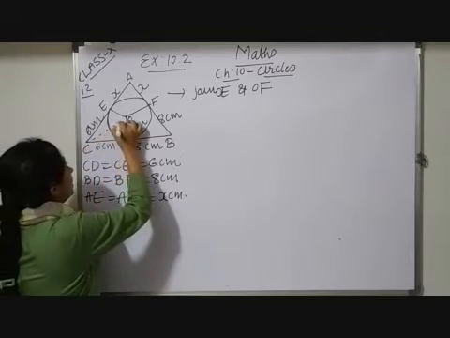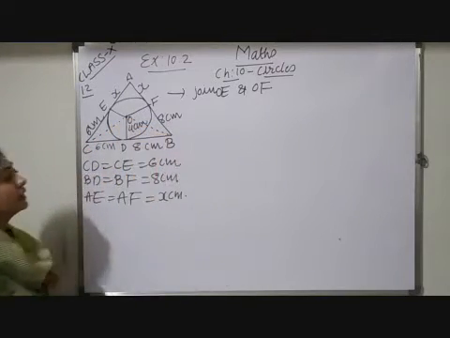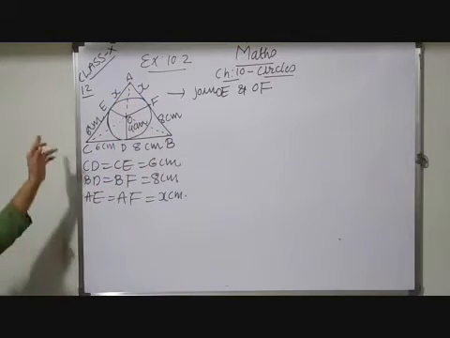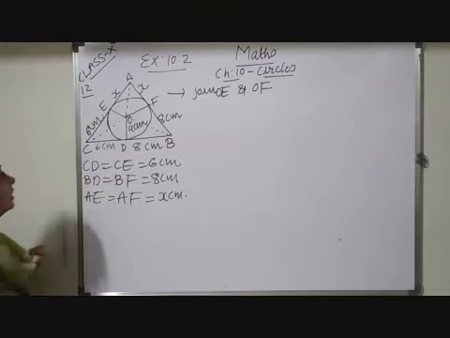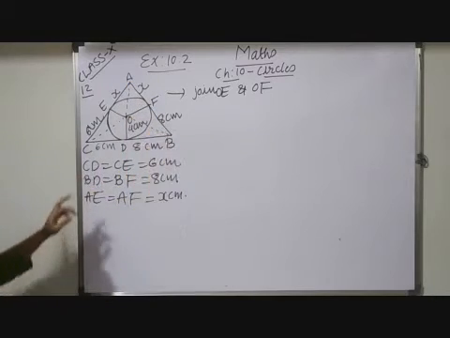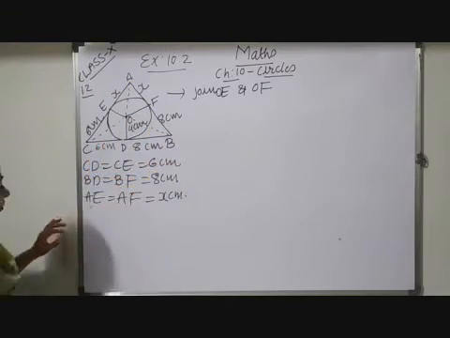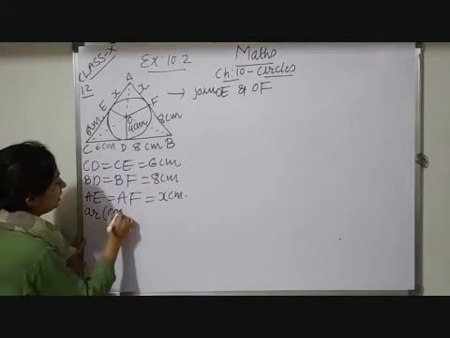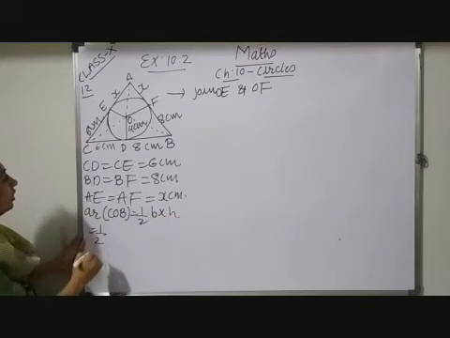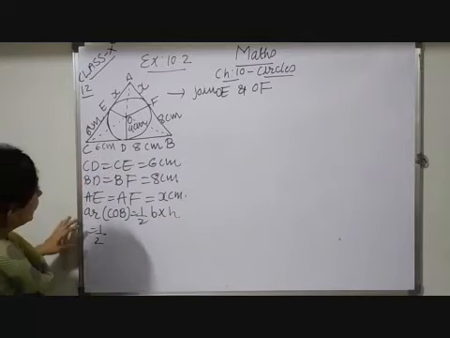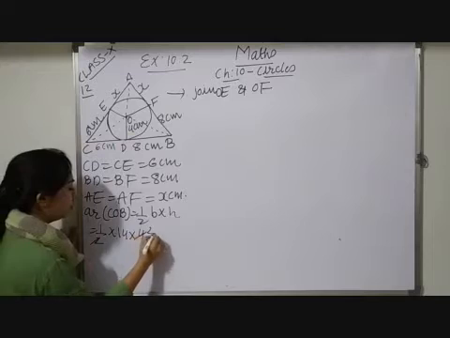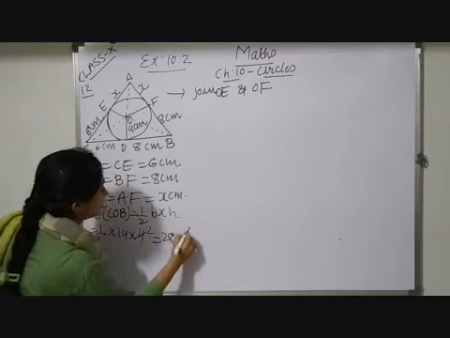May I join this CO? So here I will get a triangle, and if I join this AO, you can observe my triangle ABC is divided into 3 triangles, which are AOC, COB and AOB. So here area of triangle COB is equal to half base into height. So here half, your base will be 8 plus 6, that is 14, into height is 4. 2 4s are 8, which is equal to 28 cm square.